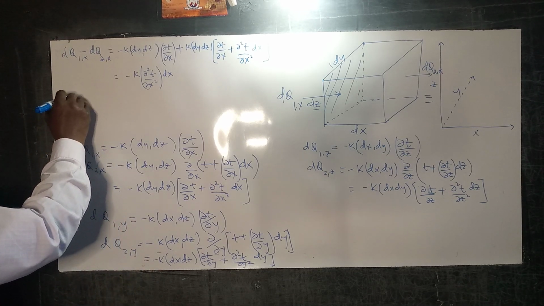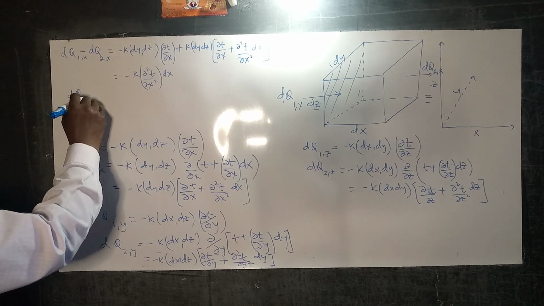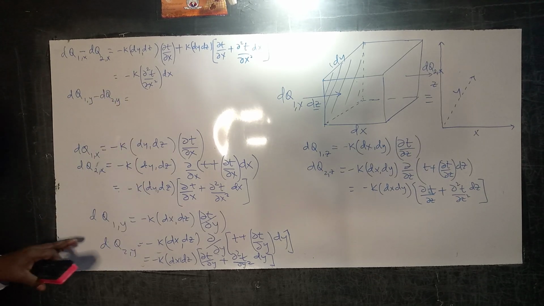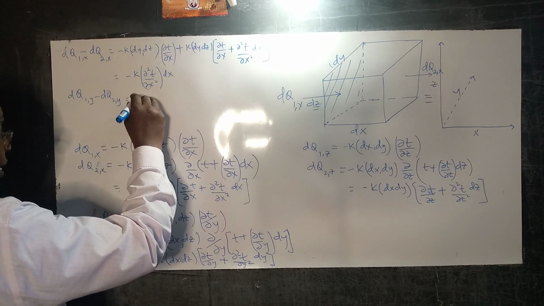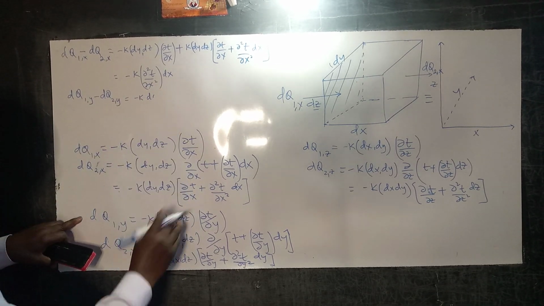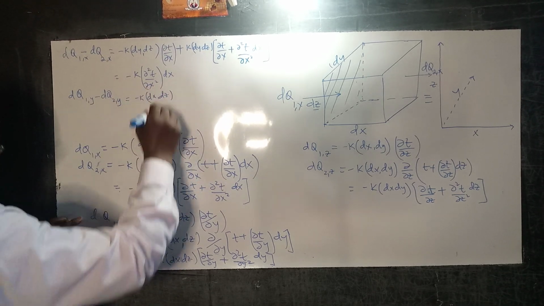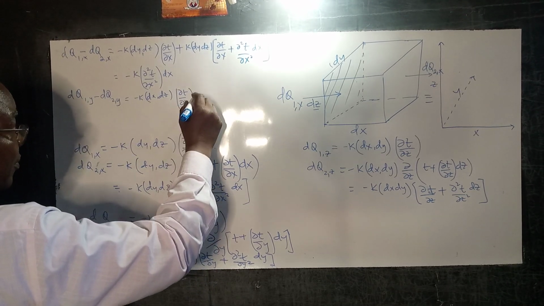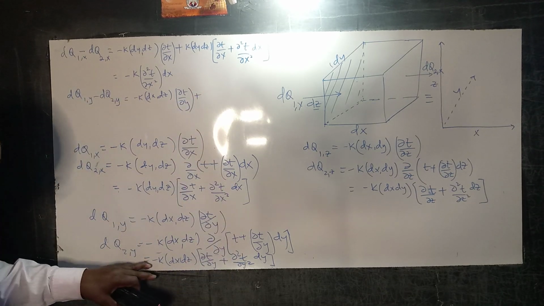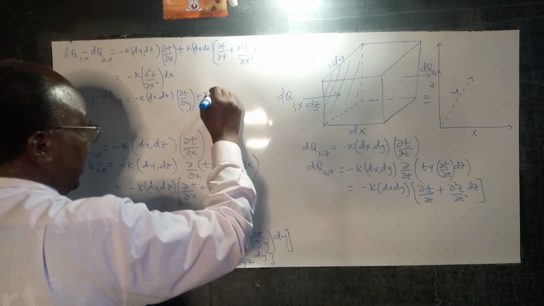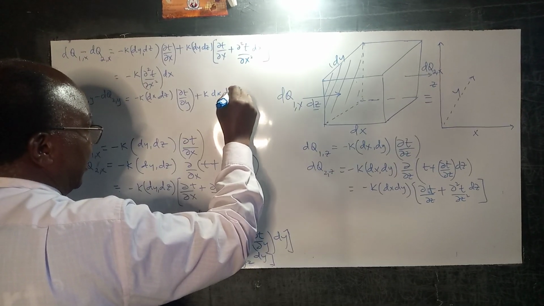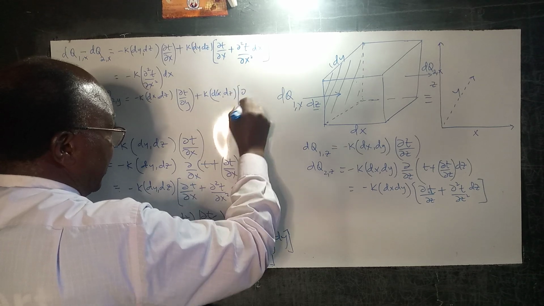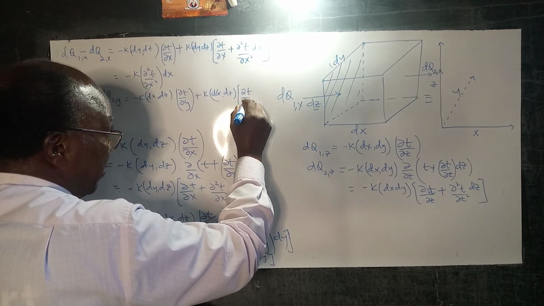Similarly, for dq1y minus dq2y, that will be minus k dx dz del t del y plus k dx dz del t del y